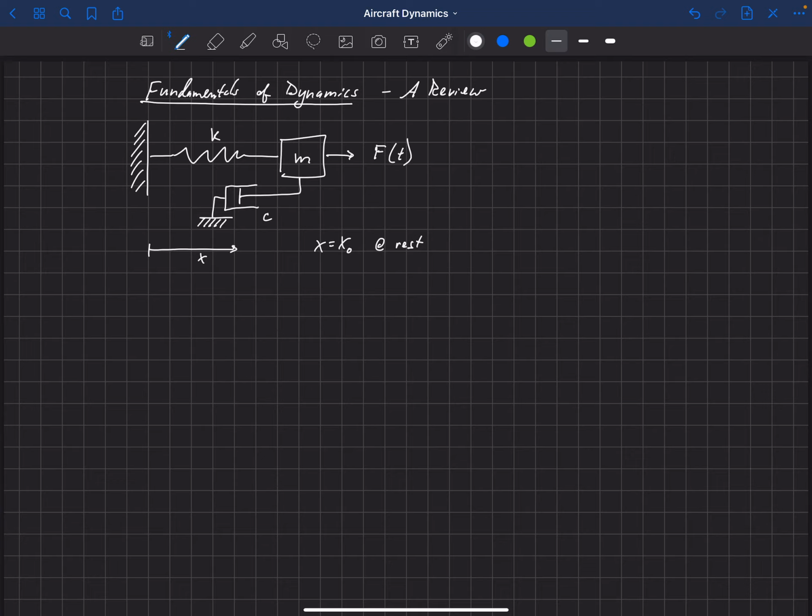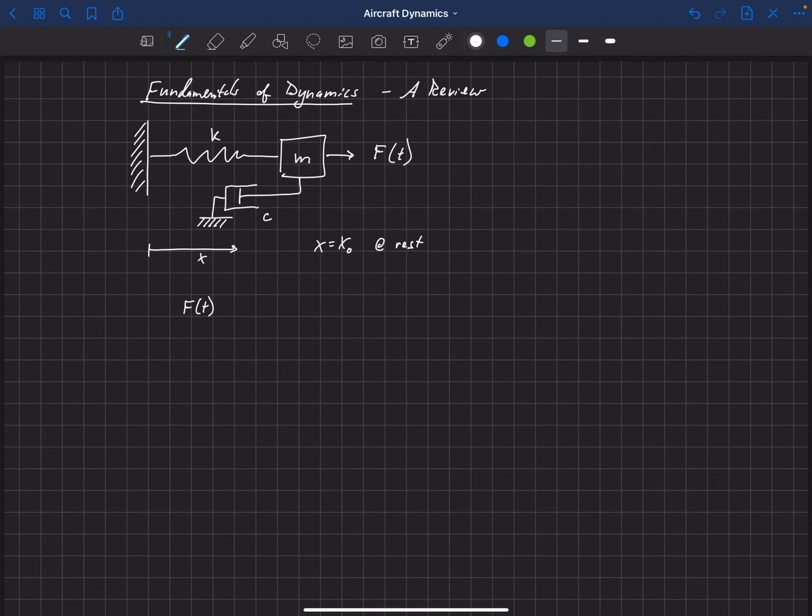So first of all, let's say that we could have a non-zero forcing function pushing us to the right, positive to the right, I guess I should say. So the forcing function could be positive or negative, but we're going to define it positive to the right. So let's just add up all of the forces on this mass now, if it gets perturbed from this equilibrium position, and look at those with positive being to the right.